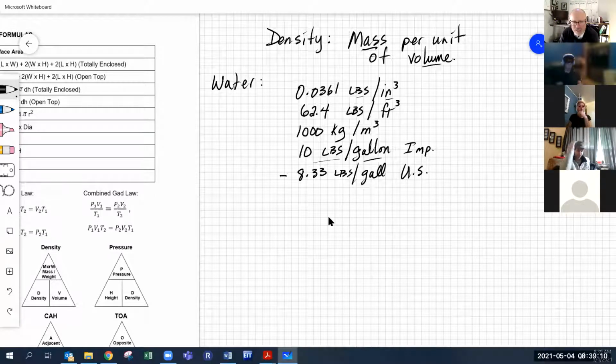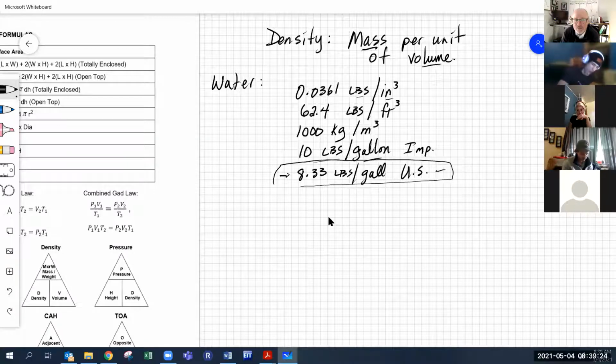And why do we need to know this number right here? Does anybody know why? To calculate with our triangle. Well, 8.33 pounds per gallon US. We need to know this number because the US has more guns than us. No, that's not true. Well, it is true, but they're our biggest trading partner, and we buy a lot of our materials and a lot of our stuff from the US,